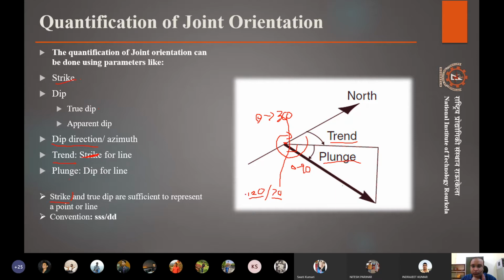If it is less than 100, it is written as 080 or something like that. So the convention is 3 digits for the angle with respect to north and 2 digits for the dip, and that will help us later when we start plotting.